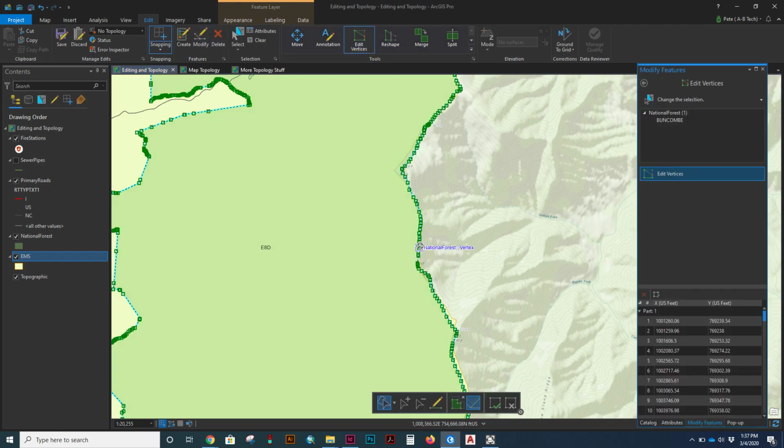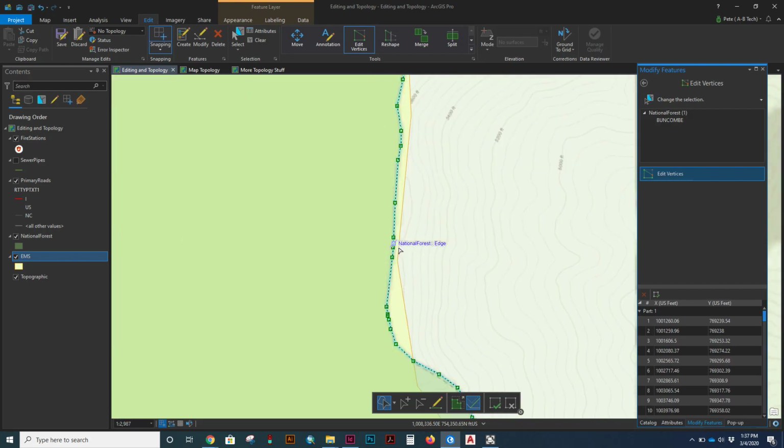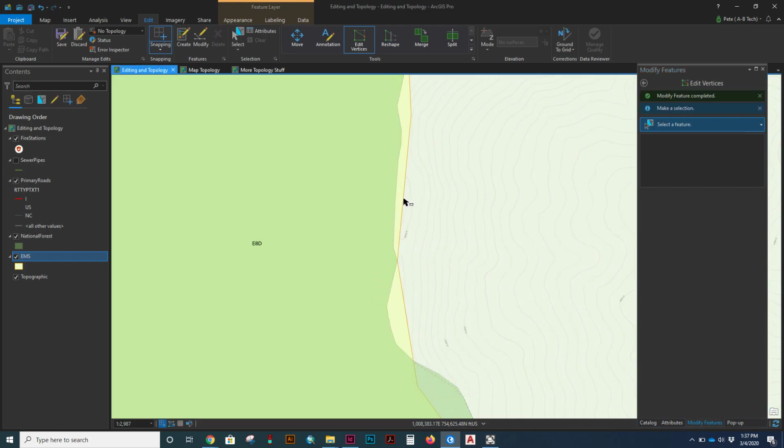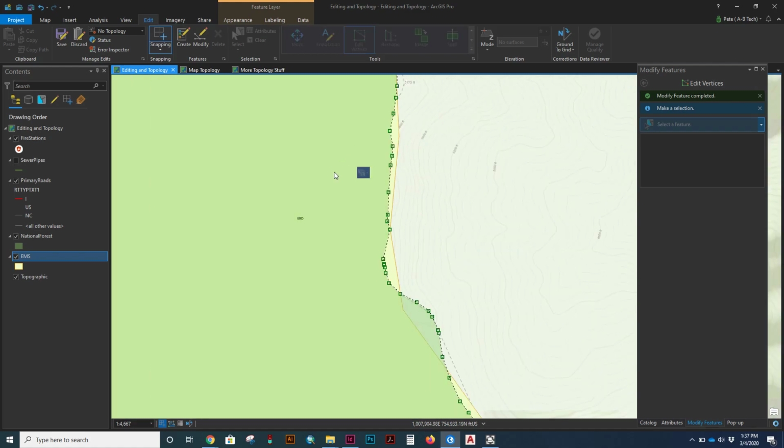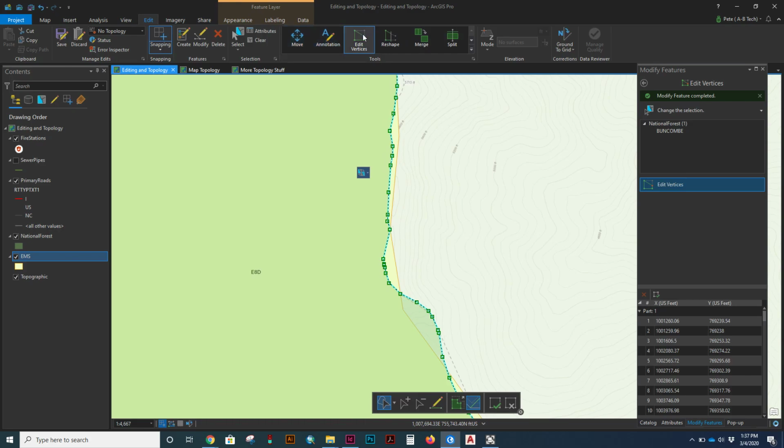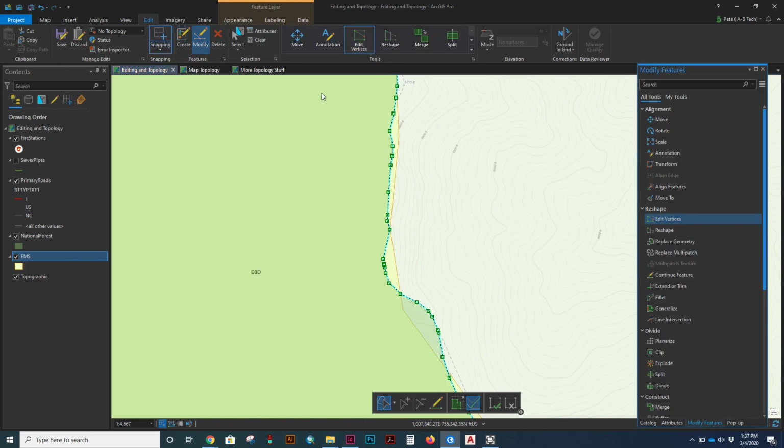You could grab individual vertexes and move them out to try and snap them. Okay, that's a vertex, so I could move that one and snap to it. So you could individually move the stuff. That is certainly not the best way. You could also fix them by, let's turn off edit vertices, I'll go back to modify. You could also go to modify the feature